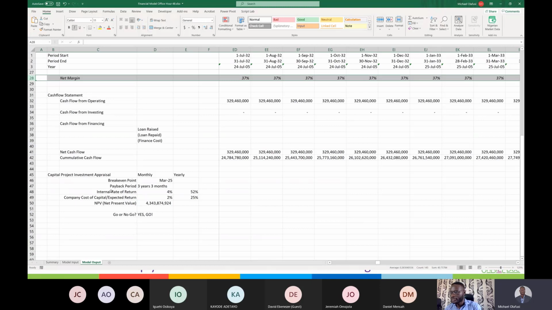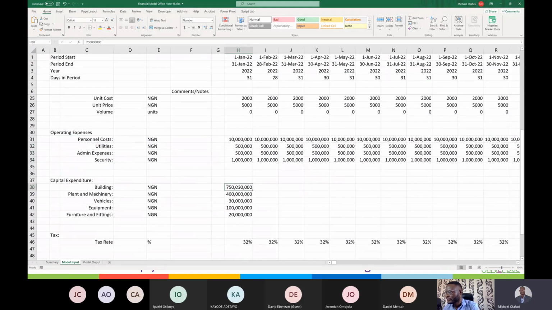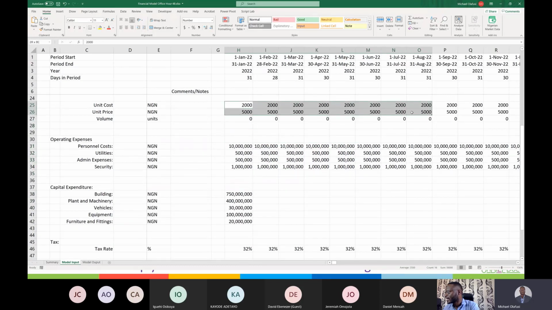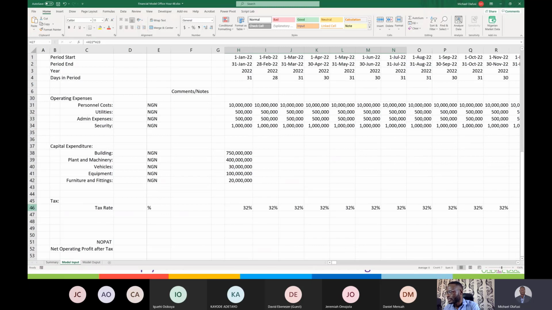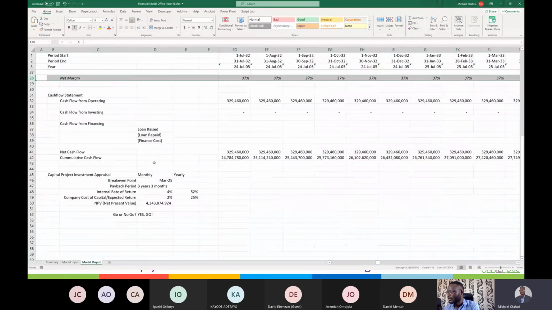You're just going to say, okay, how much is it going to cost us to build the fish farm or whatever it is? How much are we going to spend to set up? How much are we going to spend to buy the fingerlings and feed them until they are big enough to sell? How much are we going to sell at? How much quantity are we going to have? You have to pay tax. So then you put the tax, and voila, we are here too.